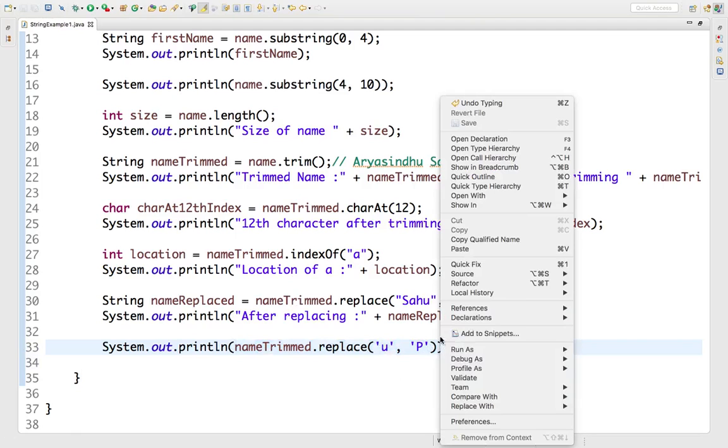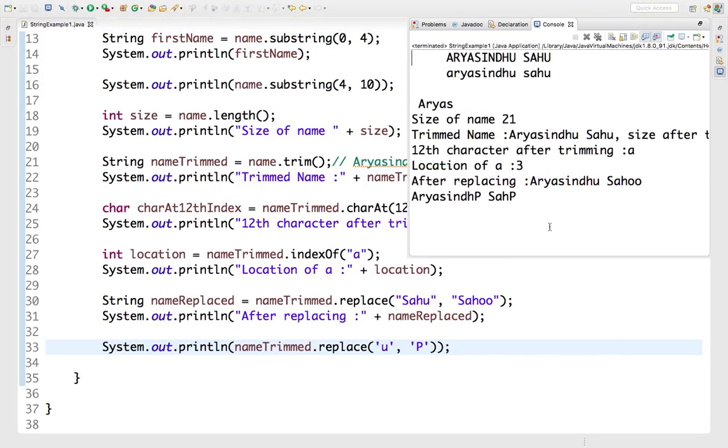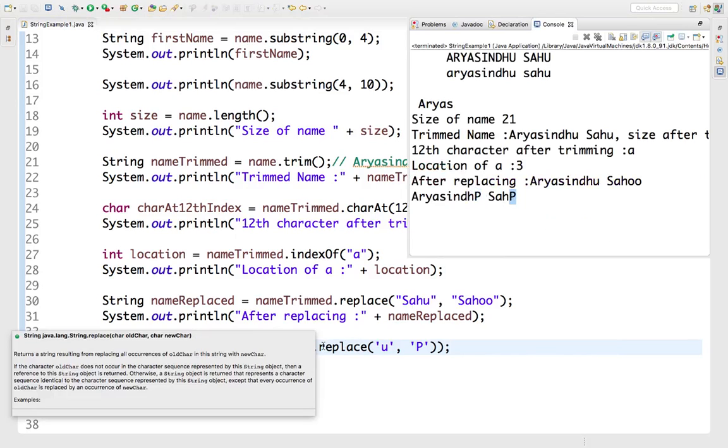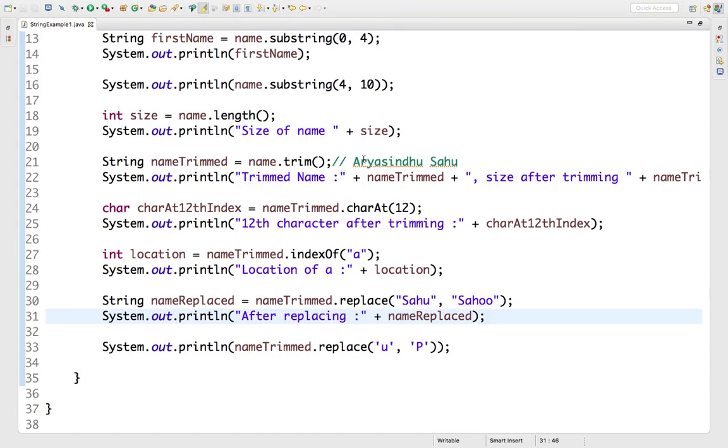Okay, so let's run this code, and at the end we are going to get the output. See, it has replaced u with P and u with P. So this replace character method replaces all the occurring characters present in the string. But when we talk about string replacement within a string, say for example, I am having